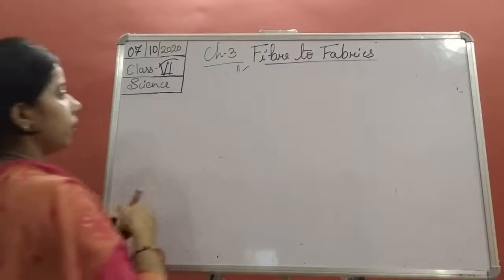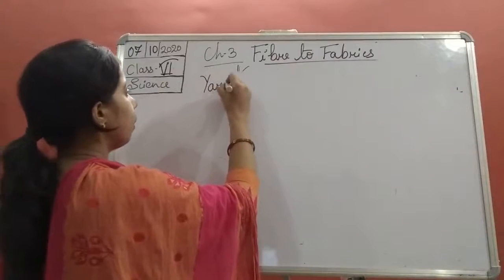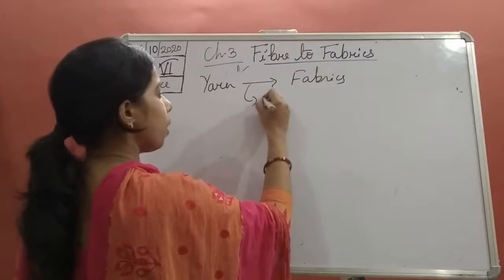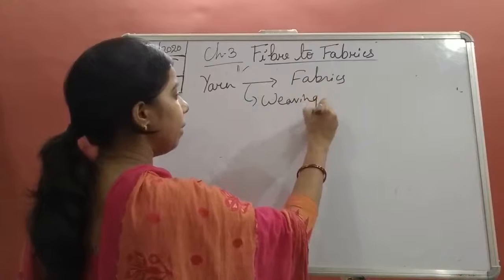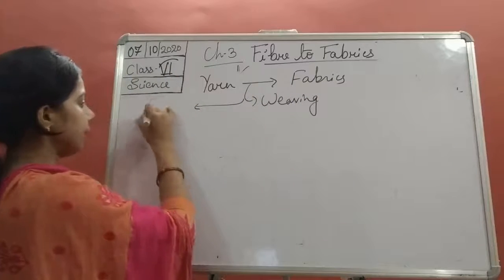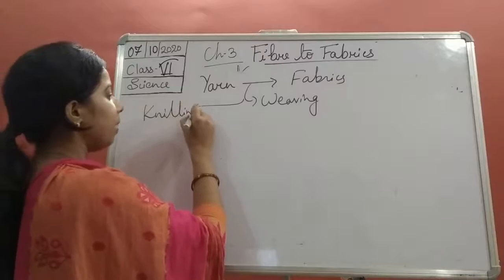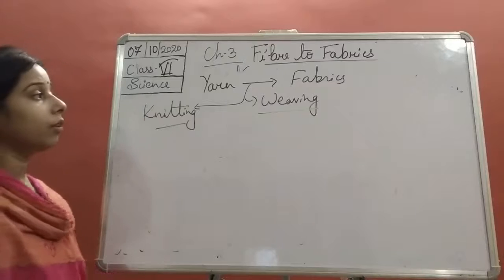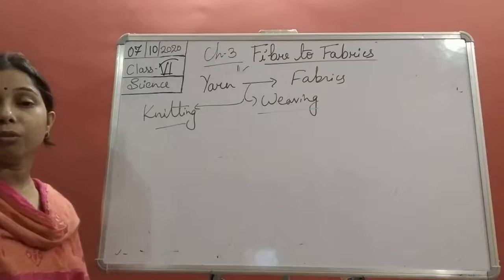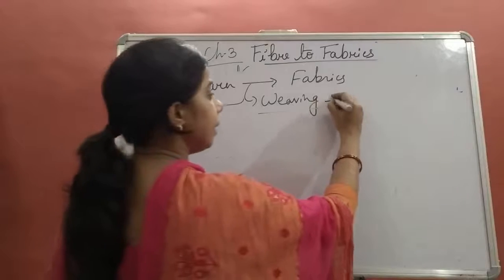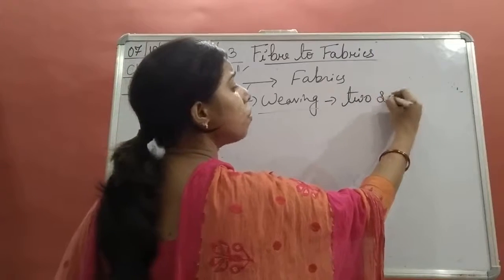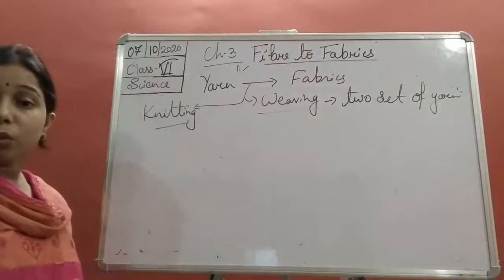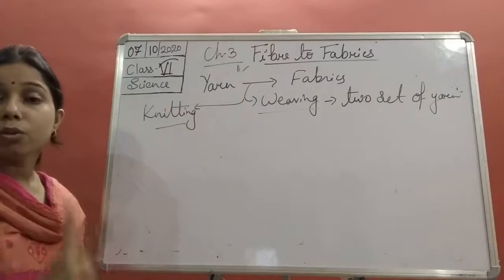That is, if we talk about the yarn to fabric, students, so I told you that it involves two processes. First one, it can be done by the process of weaving or knitting. So we have studied about weaving. In case of weaving of the yarn, students, that will also get converted into fabric. What are the things that are needed? That is the most important: two sets of yarn. We do not need one set, but we need two sets of yarn.